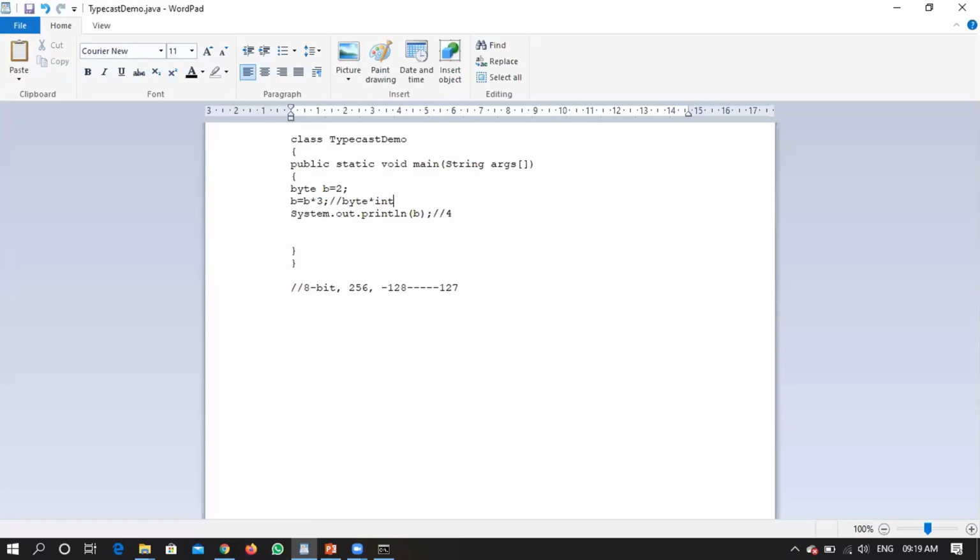So it will consider it as an int. Then if it is performing a multiplication between a byte and an int, which has the greater space, meaning which data type is bigger? Obviously the int data type is bigger. So the answer for this expression, 2 into 3, which is 6, will be of type int itself, it cannot be a byte.